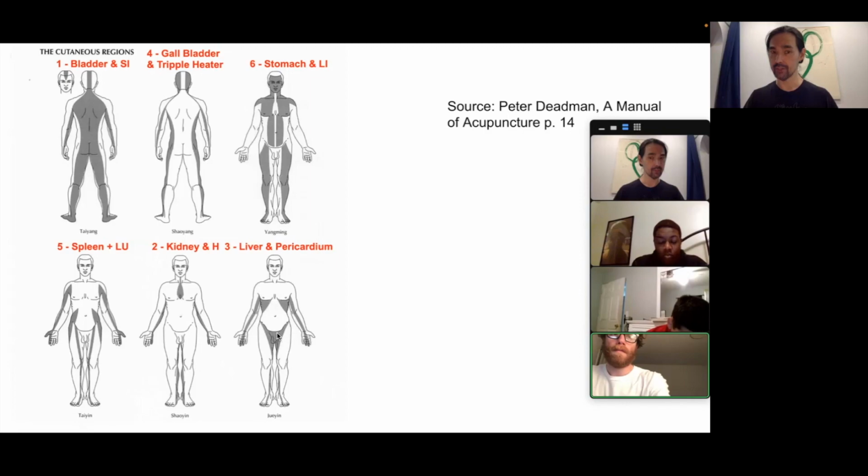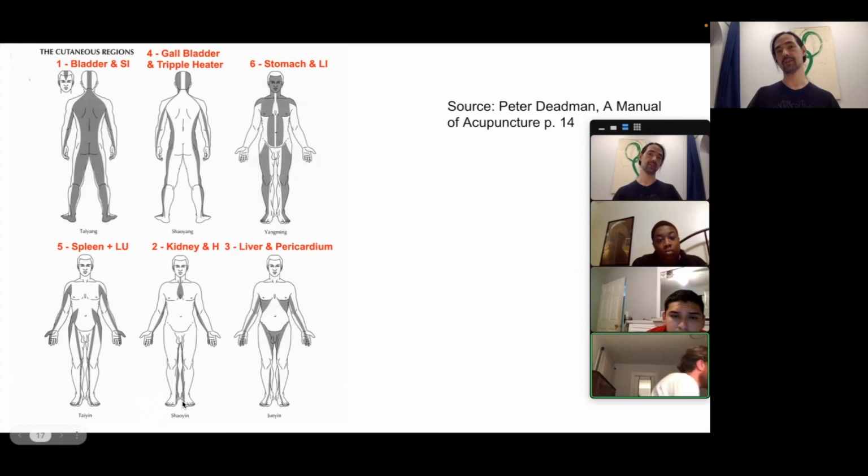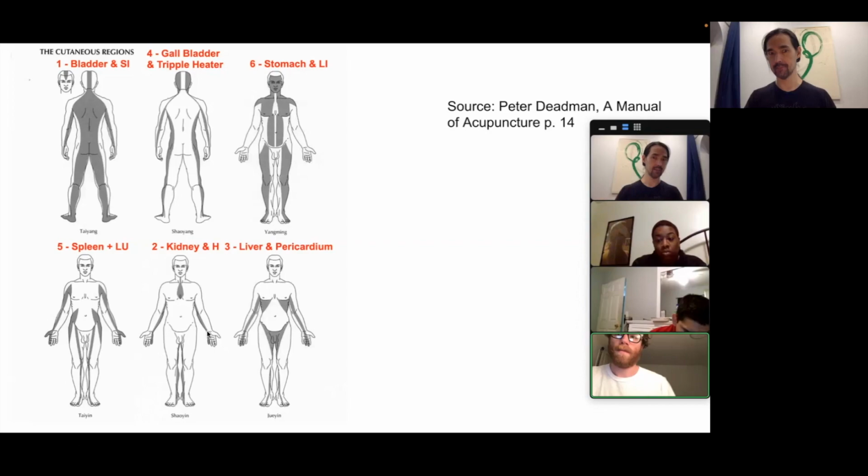The liver is going into the groin. The spleen goes to the outside of the inguinal area. Right? And then the pericardium compared to the lung is more on the middle, inside. And then if you look at, for example, the kidney and heart, these are all yin: spleen, lung, kidney, heart, liver, pericardium. The kidney is the most posterior aspect of the leg and groin, and the heart is the most inside aspect of